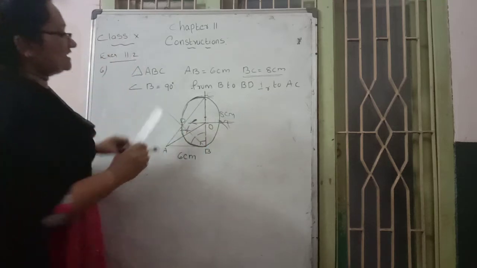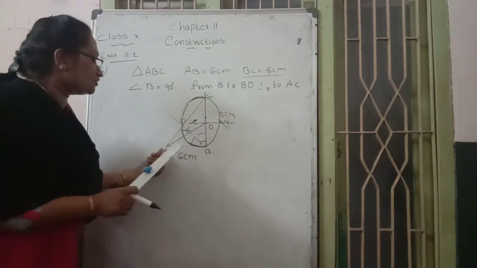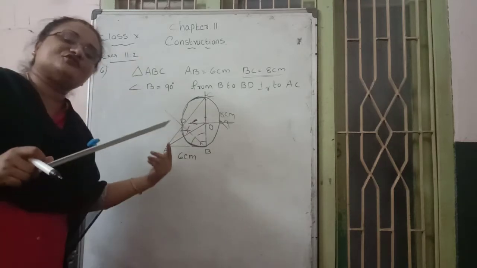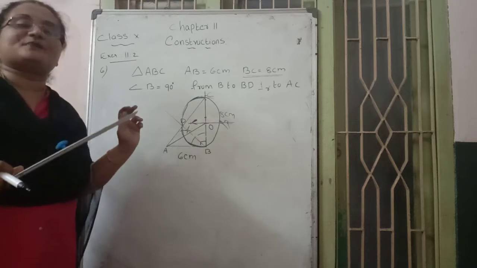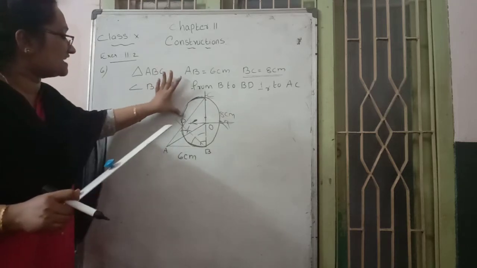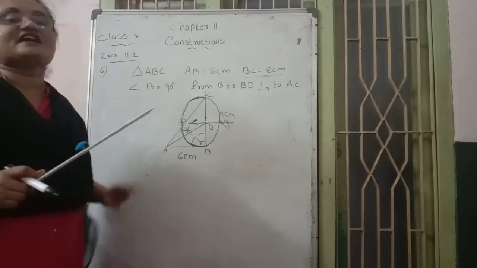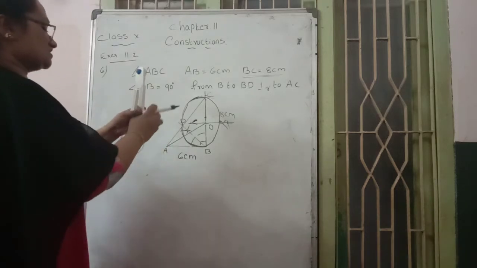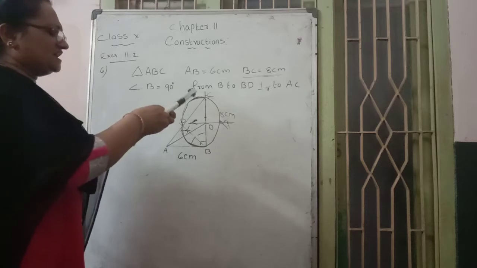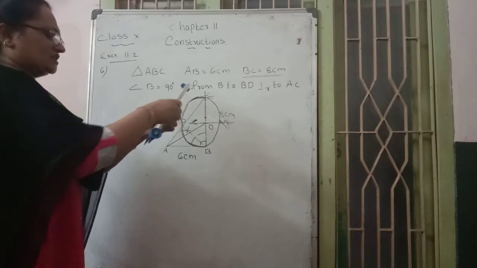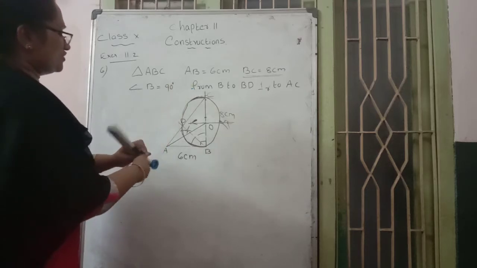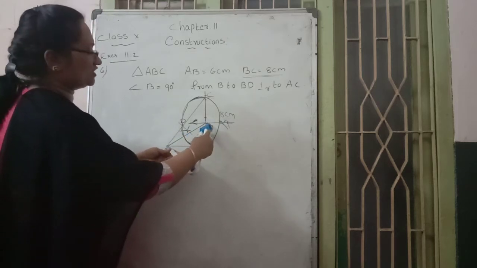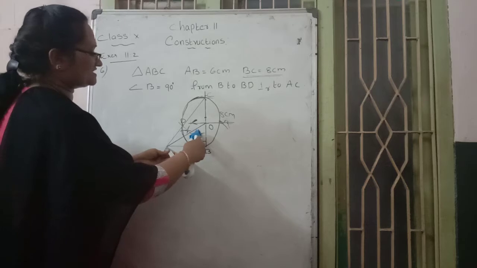O to A. Then the second circle: how to draw it? Take the OA distance, take more than half of it, and draw a perpendicular bisector of the OA side. More than half means you can take a measurement this way. You need not measure exactly. The measurement of OA is not measured like this, and more than half means like this. OA is this much, and more than half means in this way.